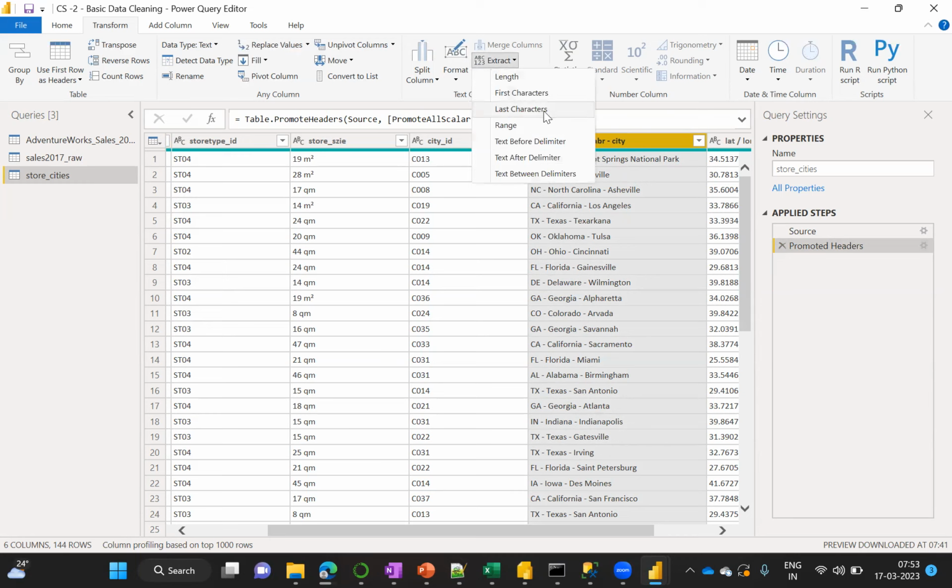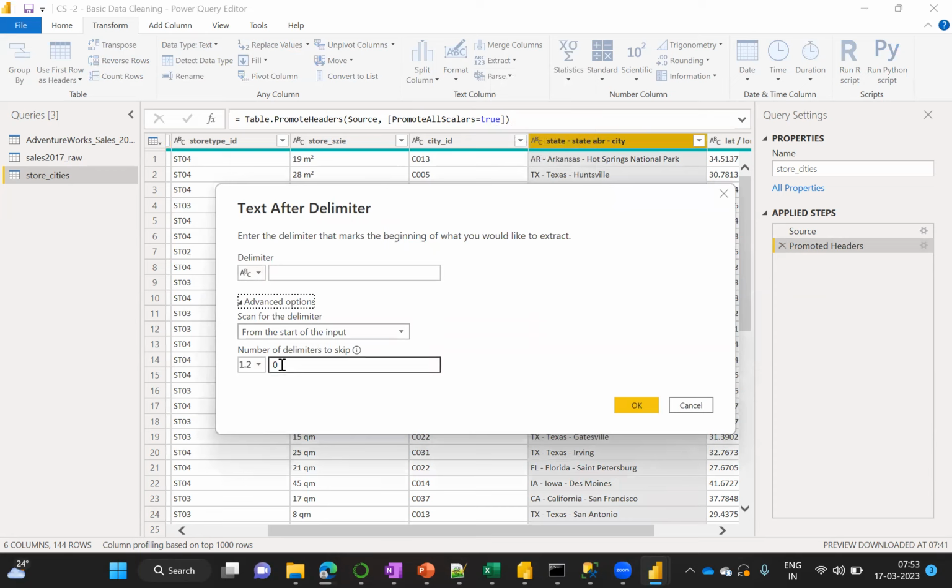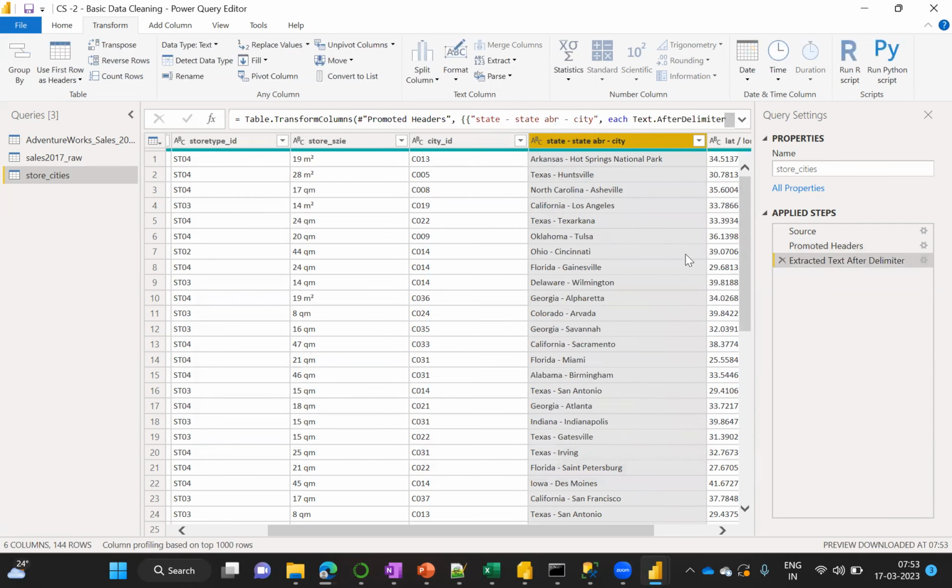You can extract this value after a delimiter. You can also set the advanced option, where you can skip the first delimiter and get the information after the second delimiter. So after the second delimiter, skip the first delimiter, and we want to get the, okay,